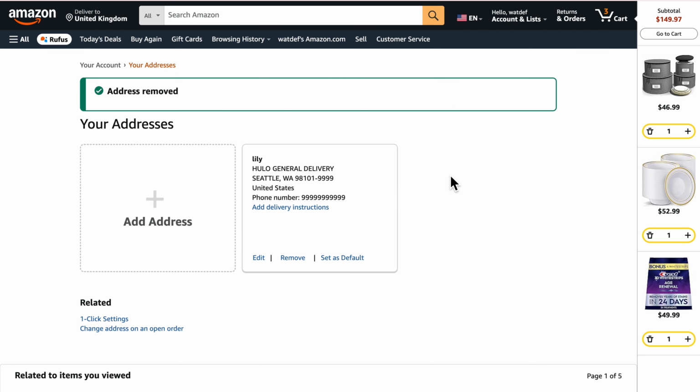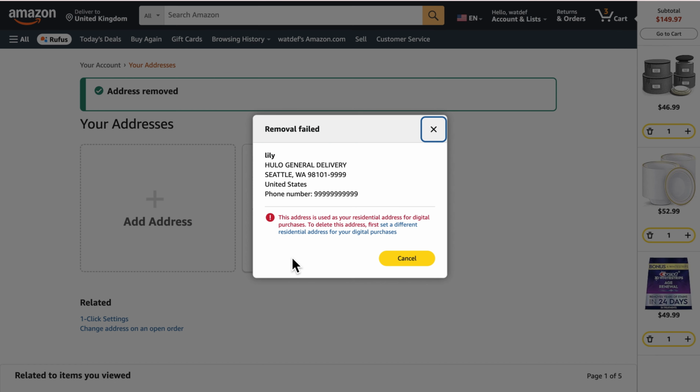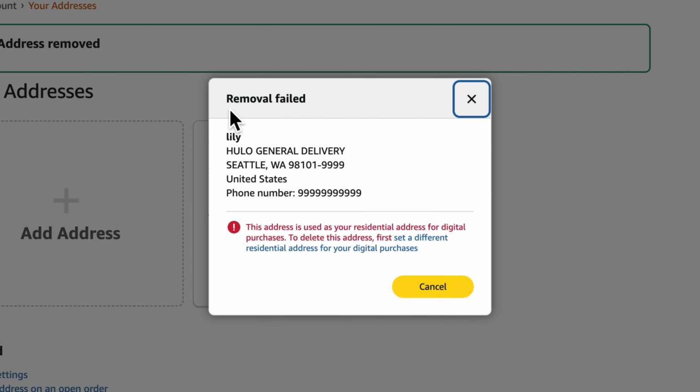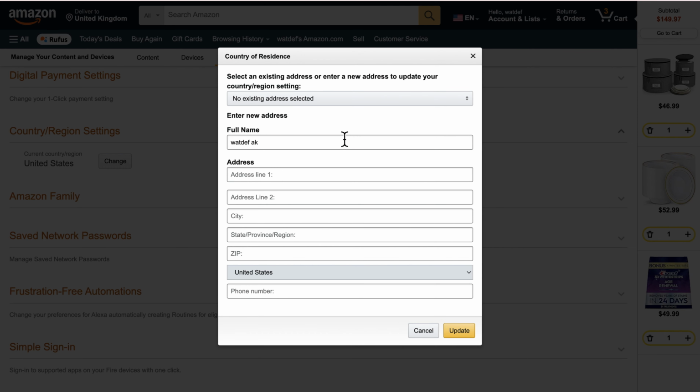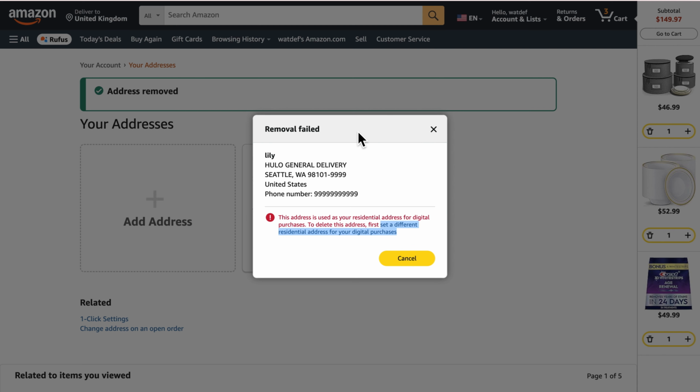And later, if you face the issue of address removal failed, like this one, when I click on remove, there was a notification that said removal failed. You can just click right here on the "set a different residential address for your digital purchases" link. You can just click on it and then it will take you to this page. And then if you cannot connect on this page, right here, if you fail to remove the address, you can